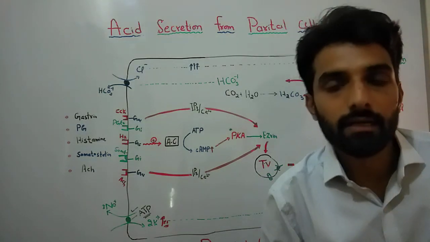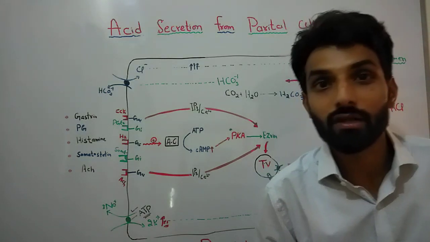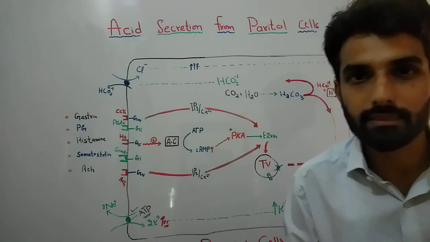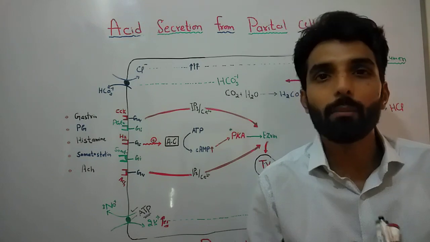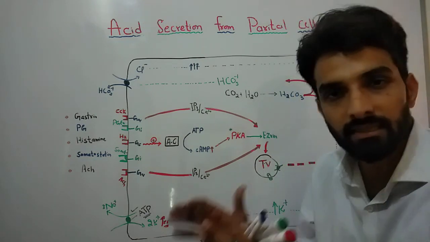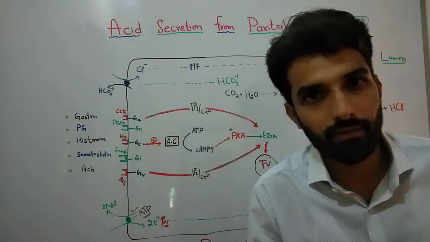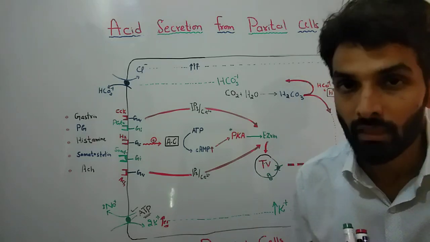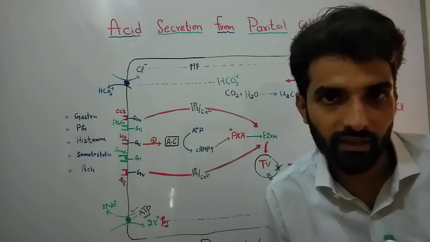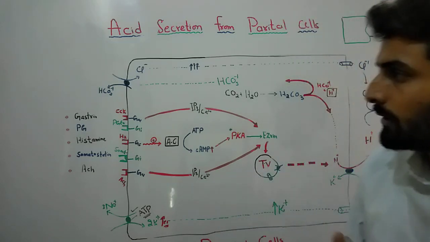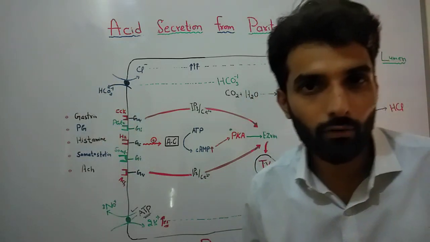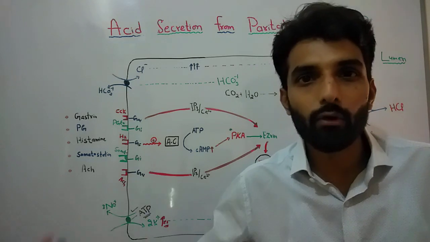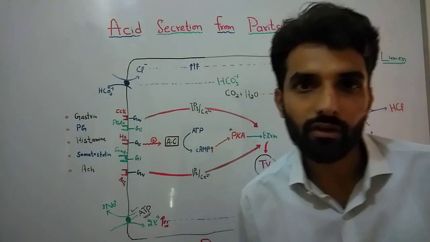Hello friends, in the previous video we were talking about the normal physiology of gastric acid secretion in the stomach, but in today's video we will be talking more about the exact mechanism of synthesis and release of gastric acid from the parietal cell. We will also see the regulation of gastric acid secretion by the parietal cell. We will see how gastrin, prostaglandin, histamine, somatostatin and acetylcholine regulate the gastric acid secretion from the parietal